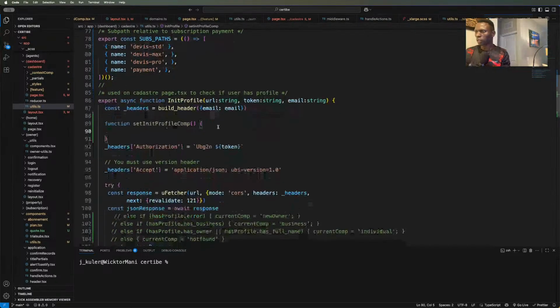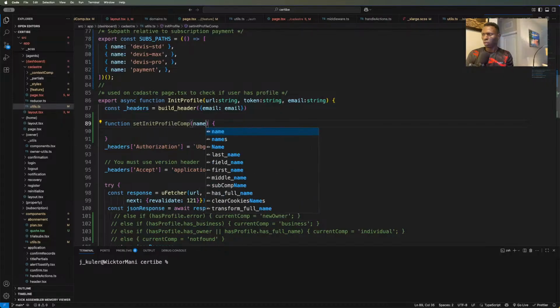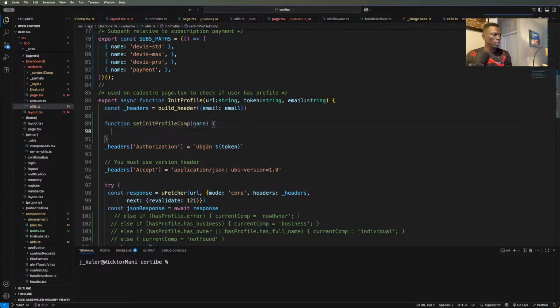It's gonna receive a string name and it's gonna set